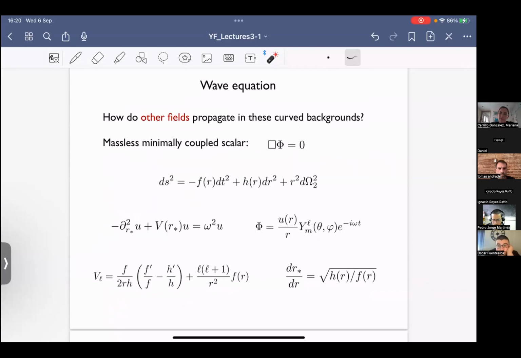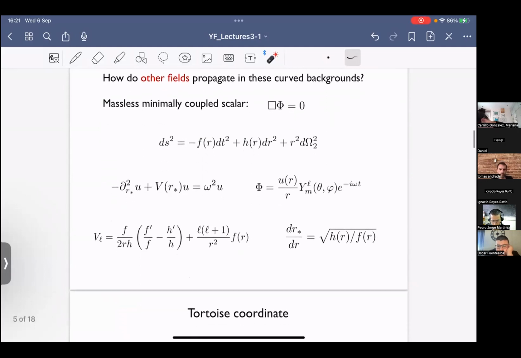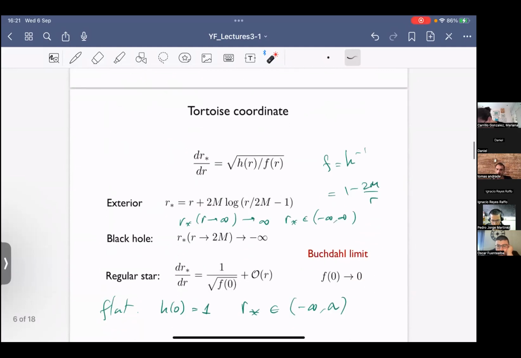You have to solve some other restriction, like an Israel junction condition or something like that? Not in this case, because that would be the case if there was some kind of localized layer, like a shell of material, right? Okay. Does this mean that the curvature blows up as well? No, not at all. This is very similar. Look, if you would ask the question,